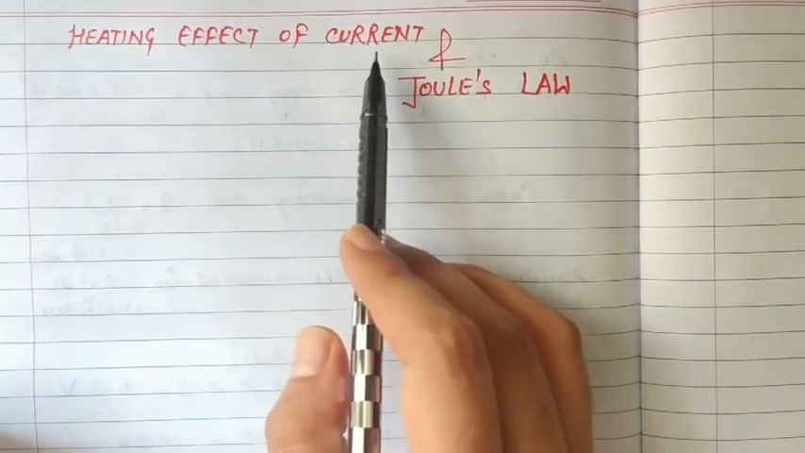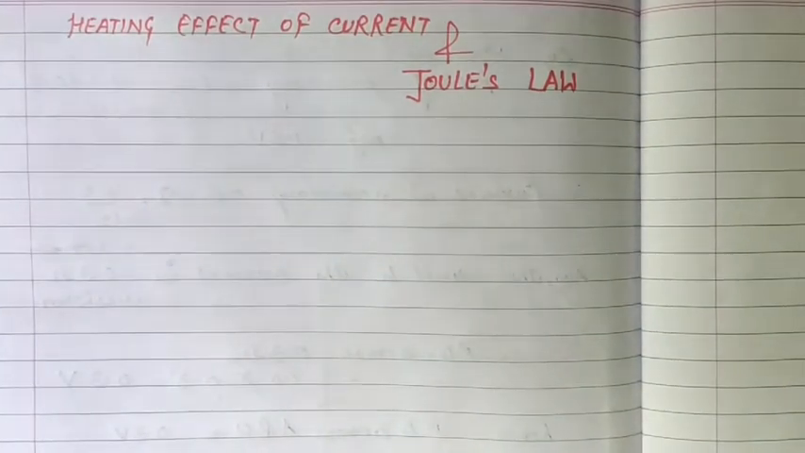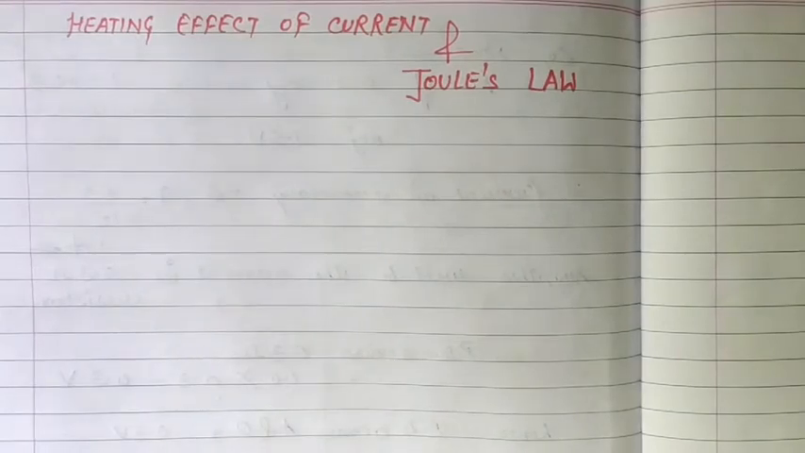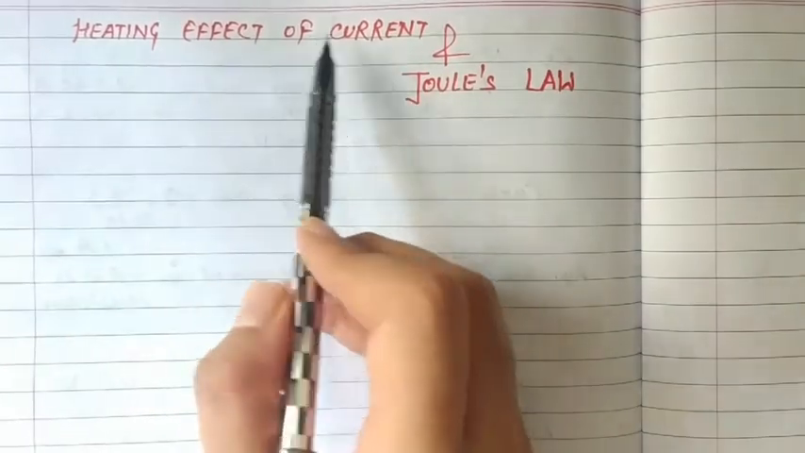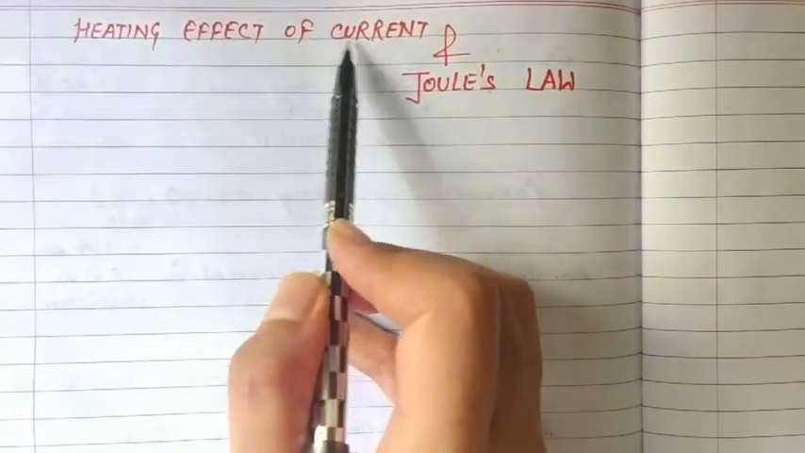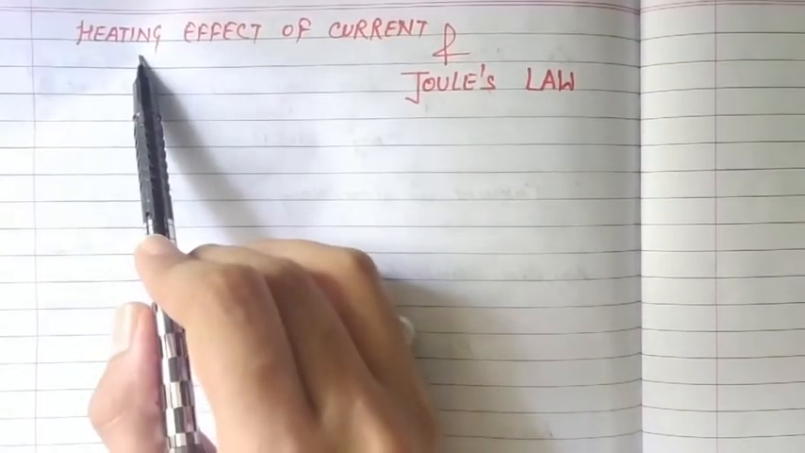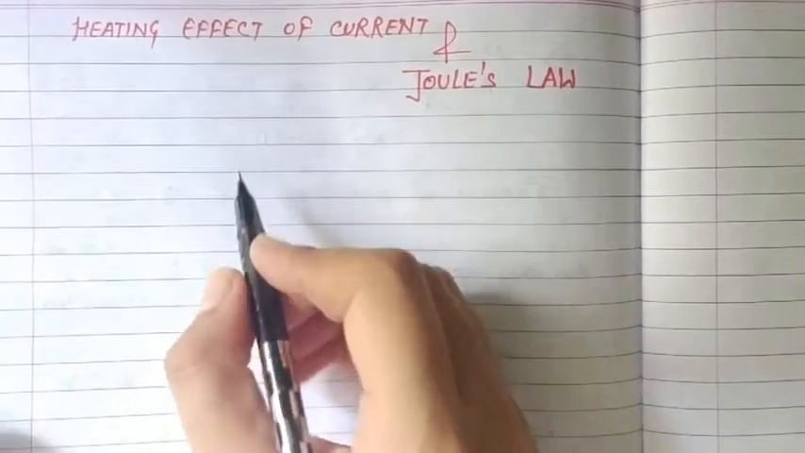So what is the heating effect of current? Actually it is a phenomenon of production of heat due to the current. As the name suggests itself, heating effect of current means the heating effect due to current, or the heat produced because of the current. So heating effect of current is actually